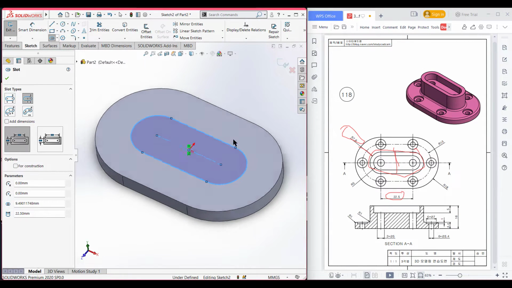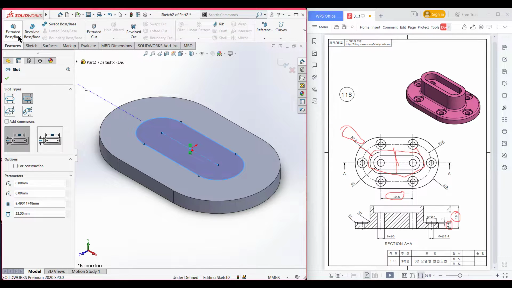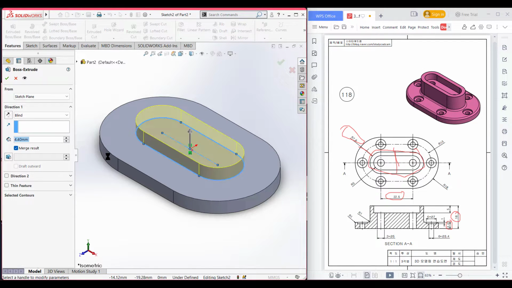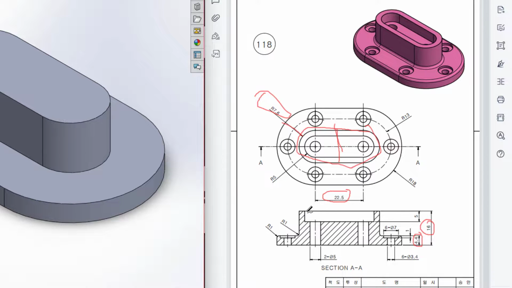Now isometric it for a better view. Here you can see this has an extrude boss distance of 16 minus 4.4 unit. So go to features. Now extrude boss. Now extrude boss it to 16 minus 4.4 unit. Now press OK. After that, we can see we have an extrude cut slot, and this extrude cut has a